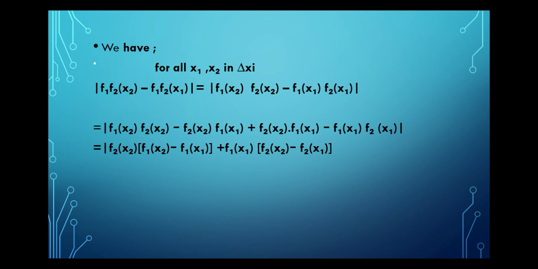|f1 f2(x2) − f1 f2(x1)| = |f1(x2) f2(x2) − f1(x2) f2(x1)| = |f1(x2) f2(x2) − f2(x2) f1(x1) + f2(x2) f1(x1) − f1(x1) f2(x1)| = |f2(x2)[f1(x2) − f1(x1)] + f1(x1)[f2(x2) − f2(x1)]|